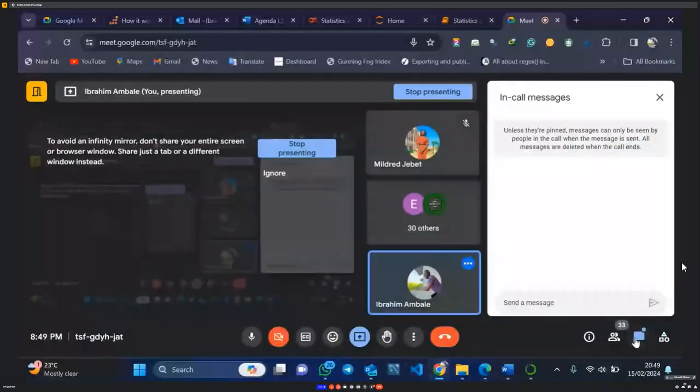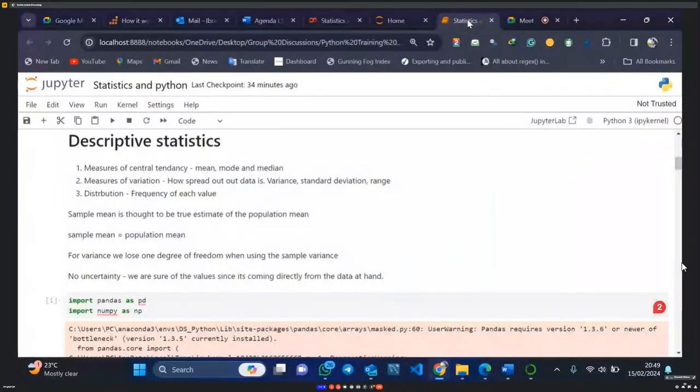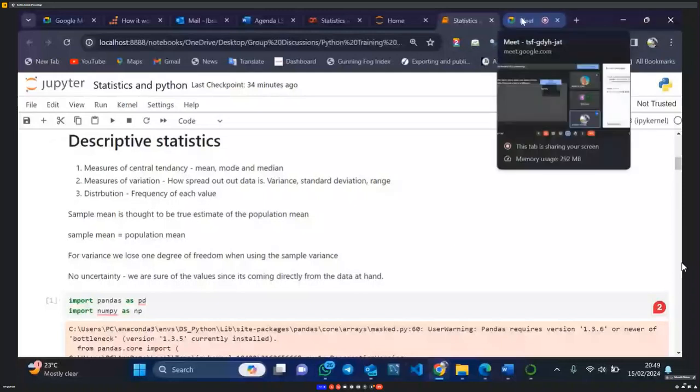Can somebody explain to her what we are doing? Can somebody come up and